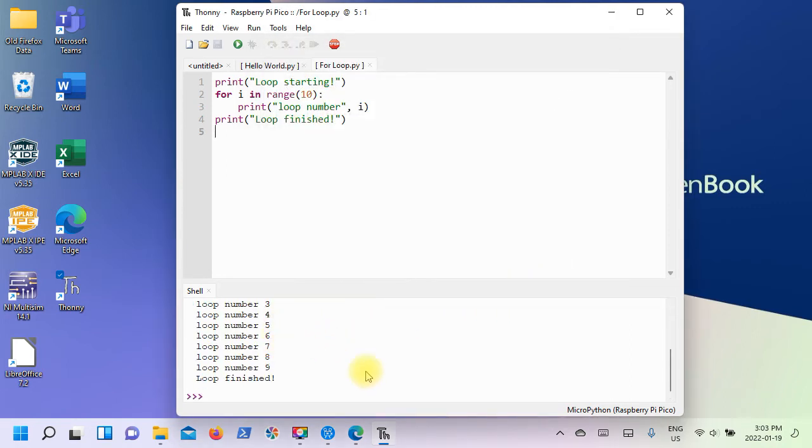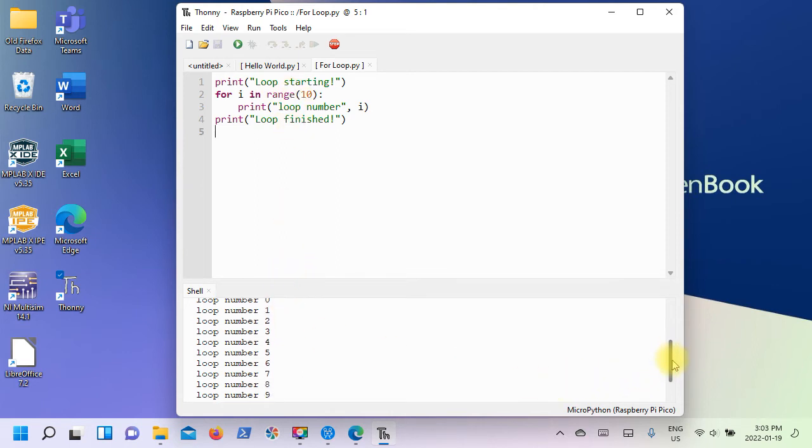So you can see down here, it's printed what I asked it to print in here, followed by whatever was in that variable name i. So you can see it starts with loop starting, and it starts at 0. So you have to keep this in mind. When you say it's in a range of 10, it starts counting from 0 to 9,